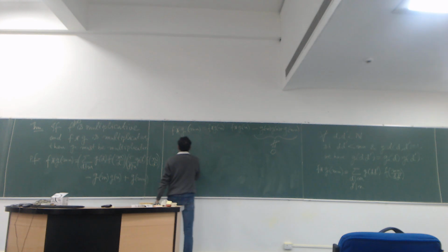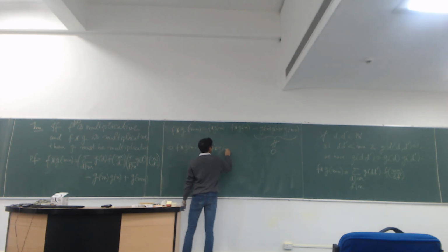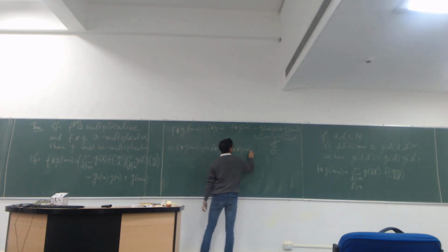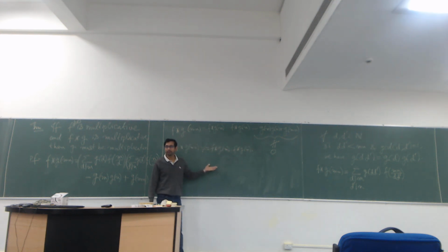Right? That implies that f star g(mn) is not equal to f star g(n) times f star g(n). Because this was supposed to be a multiplication. So,